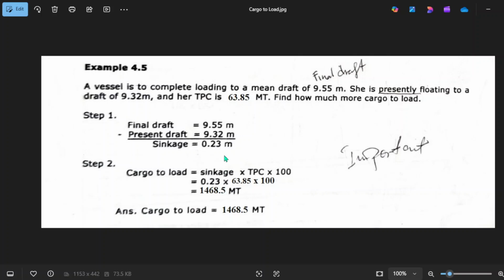Your sinkage is 0.23 and your TPC is 63.85, times 100, and your cargo to load is 1468.5. I will apply this to the program.